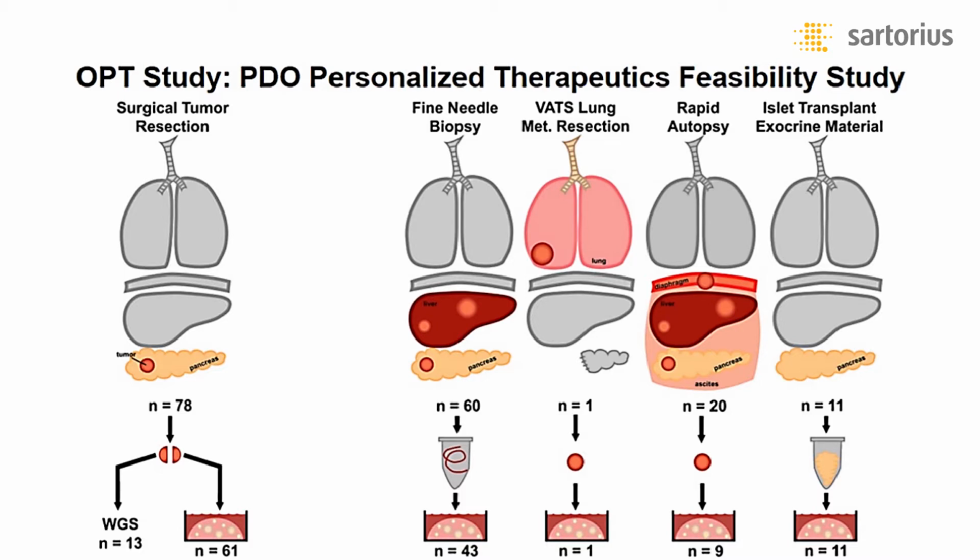And to the right, we had the pancreatic donors, which in America are usually motorcycle accident victims who are usually a bit younger than all the patients that have pancreas cancer. Their pancreatic tissue is harvested for islets for brittle diabetics as a transplant for diabetes, and we get the rest of the tissue, which includes the acinar cells and the ductal cells from which the organoids are derived. And underneath the number of n equals 78 is how often we were successful. So we were successful 61 times out of the resected patients, and you can walk down the numbers to see our success rate, which is a relevant